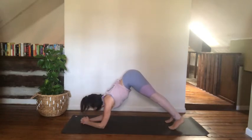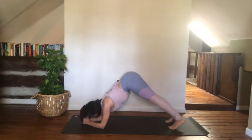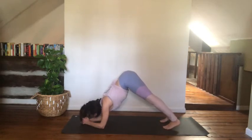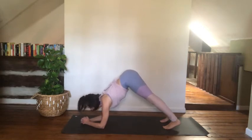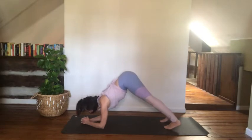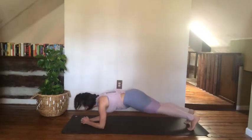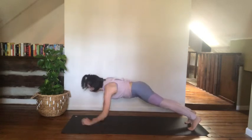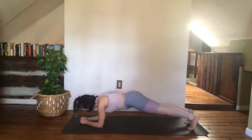Maybe you can lift your hips a little bit higher. Maybe you bring your feet closer towards your arms. You got it. For 5, 4, 3, 2, and 1. Walk out to a forearm plank, push up to a high plank, lower down to forearm plank, push